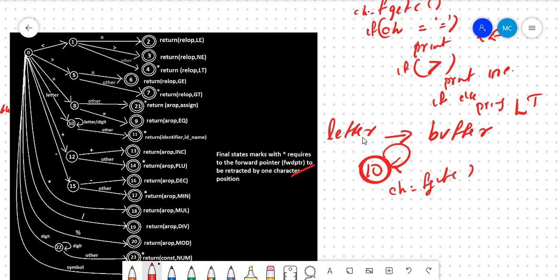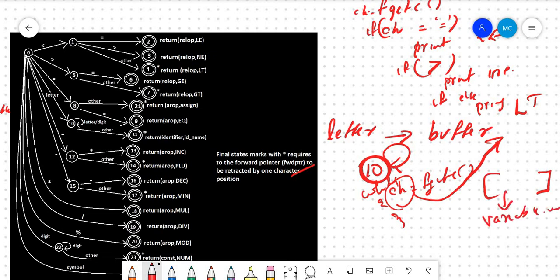Inside the loop, if ch is alphanumeric, a letter or a digit, you will place it in the buffer so that you get the entire variable name. If it is not alphanumeric, you will exit from this loop. Once you read all the alphanumeric characters, you will get an array with your variable name.